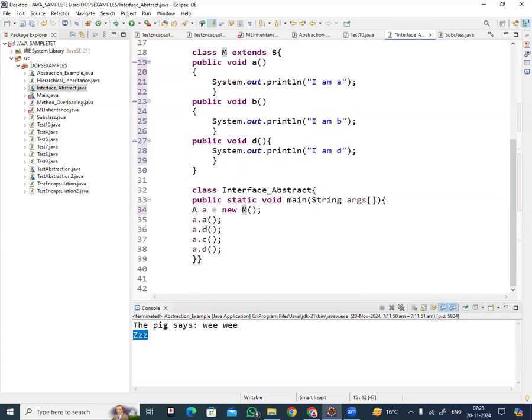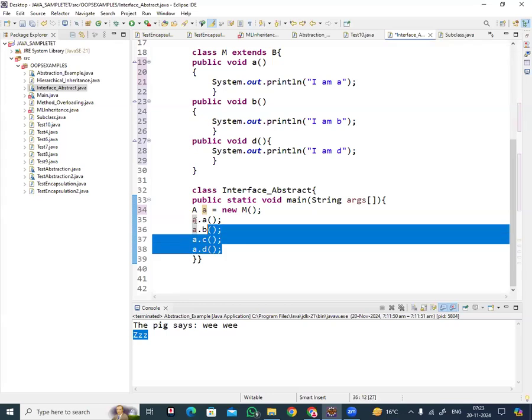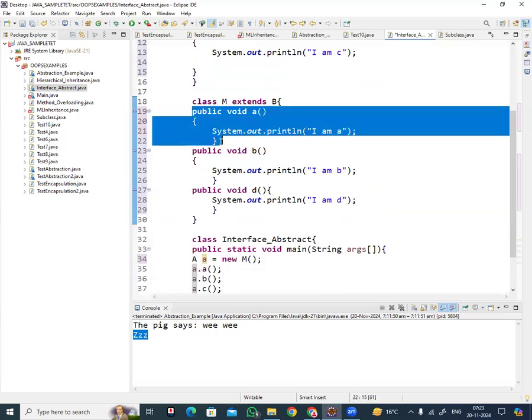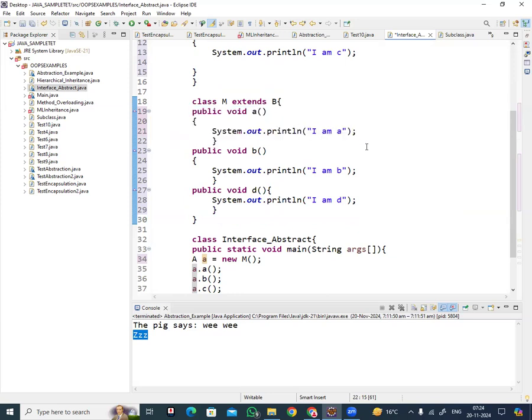So that is the reason, using the object reference of the class M, we are calling all the four methods. Whenever we call class method A, the control, the JVM, will come here and execute it and print the output. Here, void method means public void A method. The A method has the definition System.out.println("I am A"). So when you execute it,